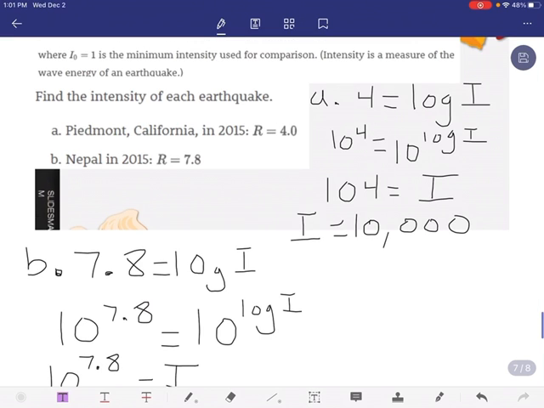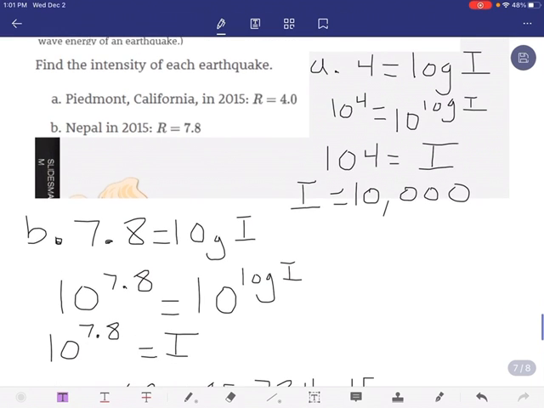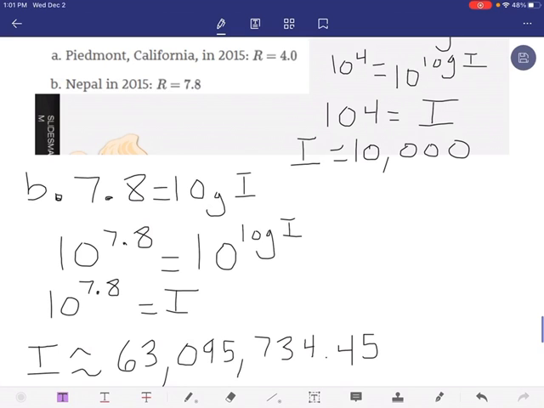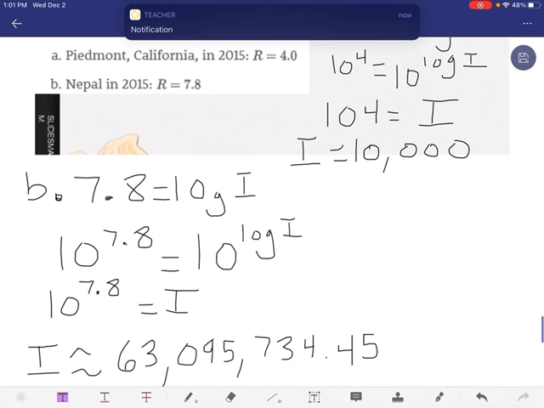So basically it's using, again, that 1 as a baseline intensity, and then you're saying how much more intense that earthquake is than a baseline intensity. And the way that they measure that is, if you've ever seen in a movie where it shows the little device going up and down and making the little wavelengths, it's actually measuring how many wavelengths or vibrations there are within a certain amount of time, and then that's how it measures the intensity of a given